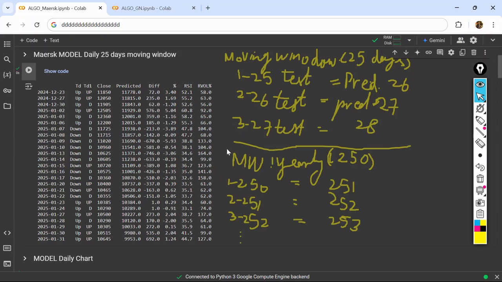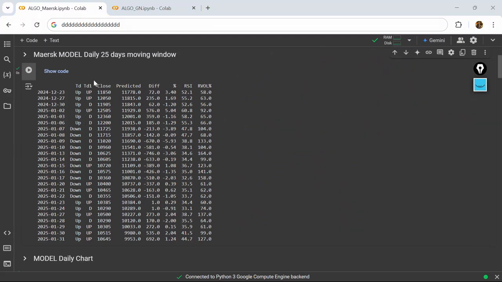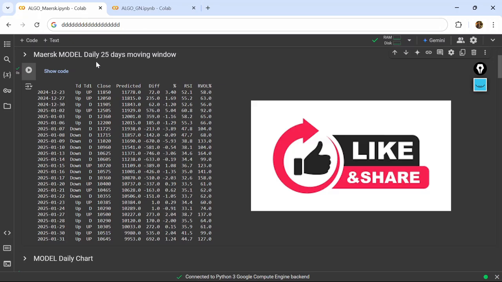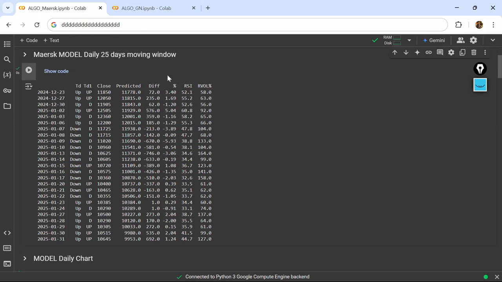Now friends, I will display how this moving window shows up in the chart data and our algorithm data. So you will see now. Here you can see Merck's model, which is built on a 25-day moving window. We calculated today's value, the 31st of January, and the model has predicted this value on the basis of the last 25 days. So it behaves like this. We have 25 days and it calculates on the last 25 days if we have a moving window of 25 days.